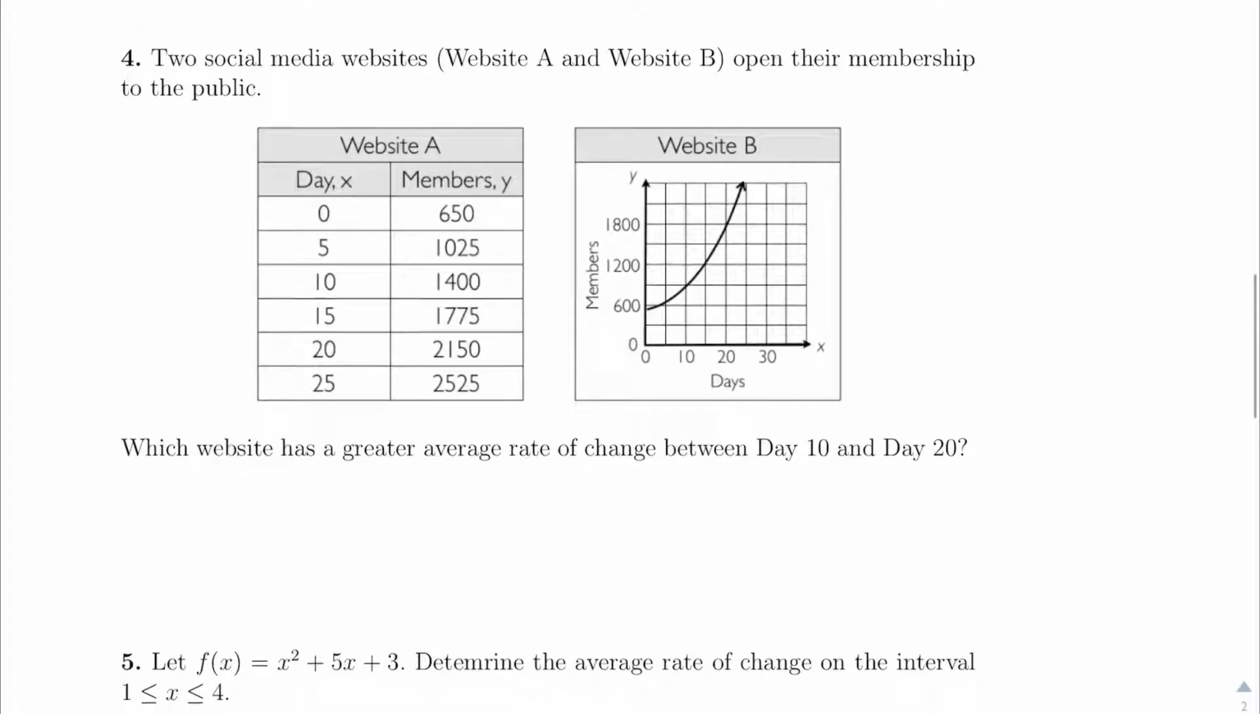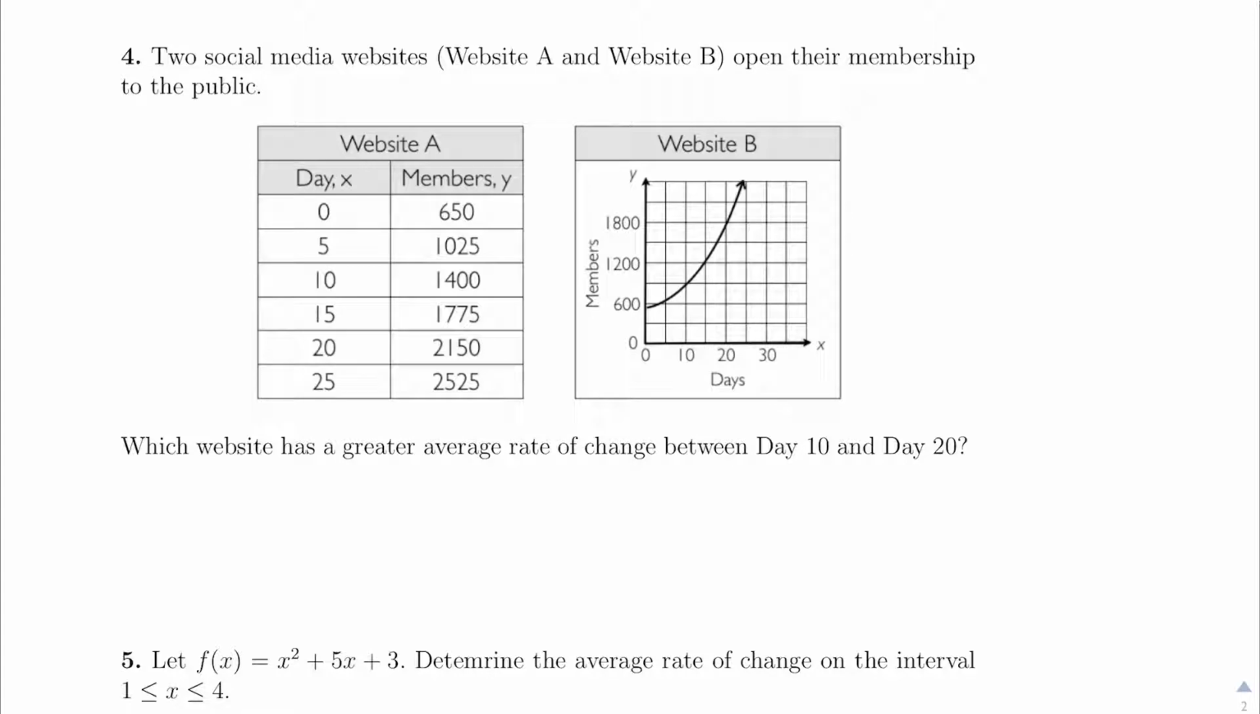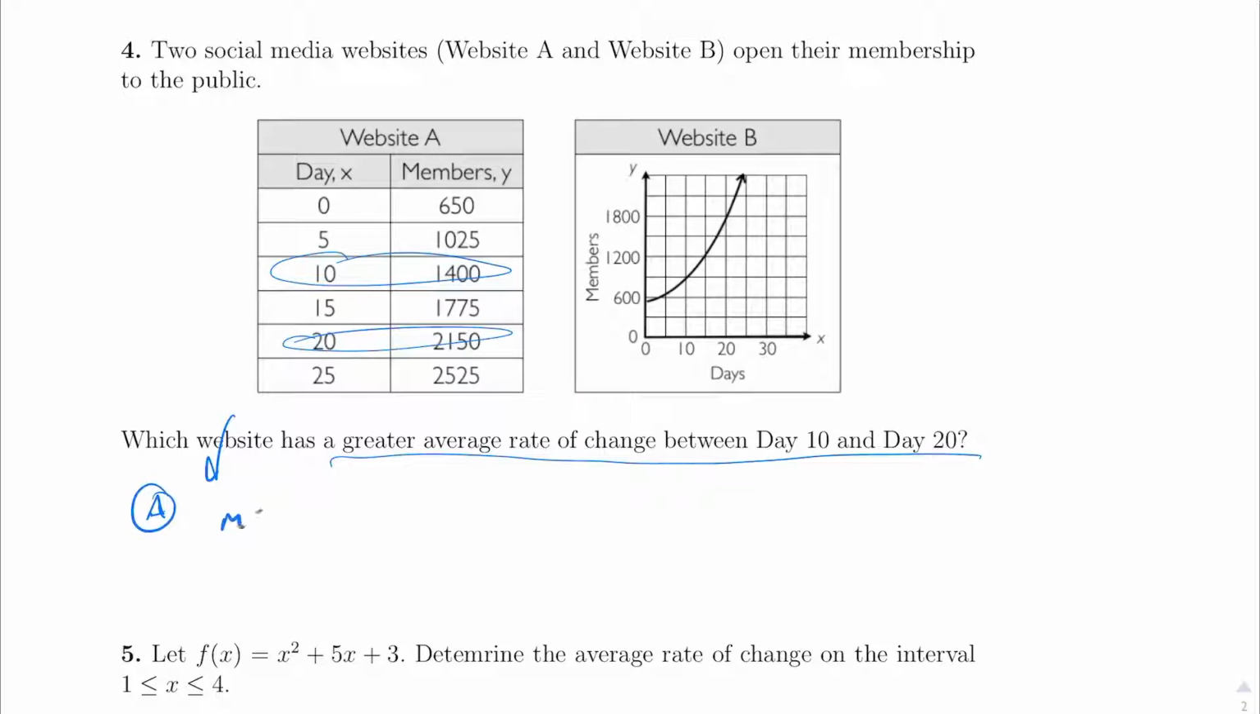All right, for problem number 4, two social media websites, website A and website B, open their memberships to the public. Which website has a greater average rate of change between day 10 and day 20? Day 10, day 20. Got to use the slope formula. So for problem number 4, website A, we've got to do